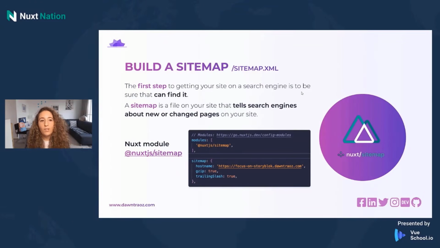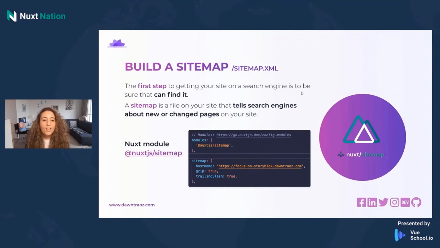Because if a search engine needs to find your site, you need to tell the search engine how. So a sitemap is just a file that is in your site that tells the search engines like Google about new or changing pages on your site. So imagine that you create a new page. Well, the sitemap will have this information, so Google knows about that URL